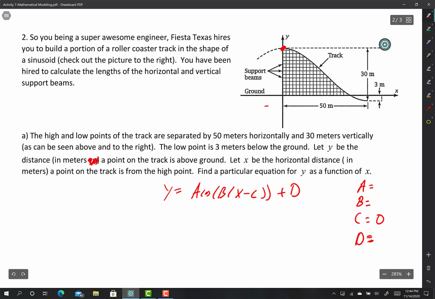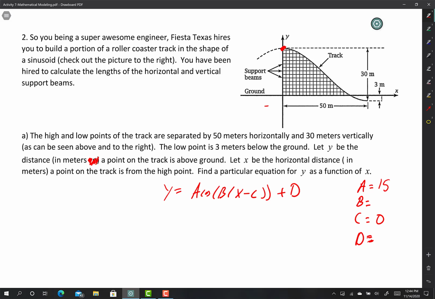I think the next one that might be easiest to find is the amplitude. They tell us a little differently than in previous problems. The difference between the high point and the low point is 30. So half of that has to be the amplitude. So the amplitude is 15. And there are other ways to get the amplitude. That's not the only way. Now, knowing that